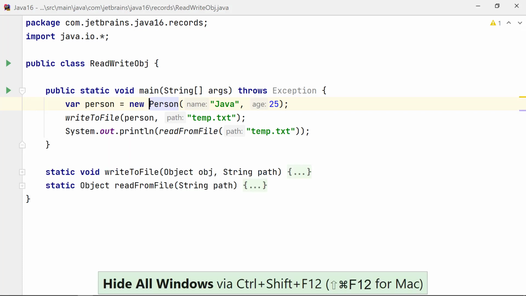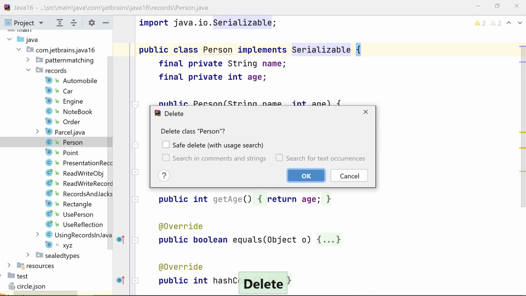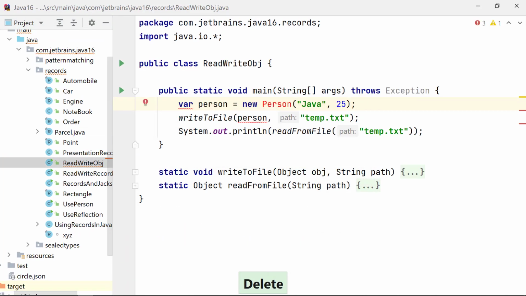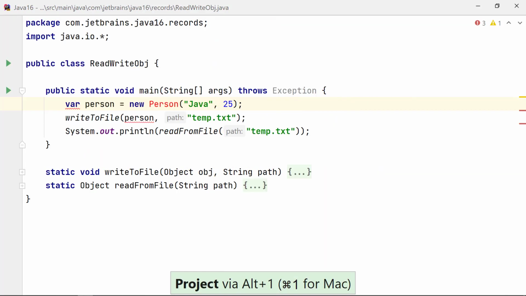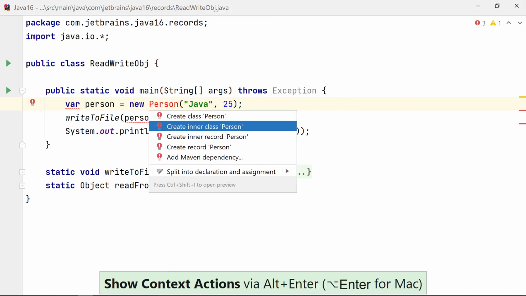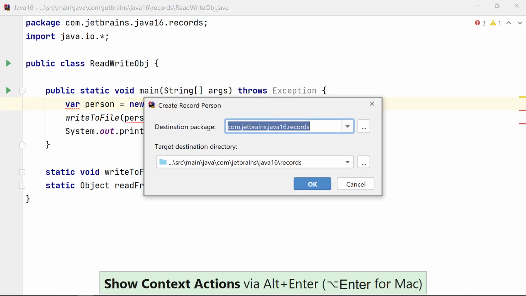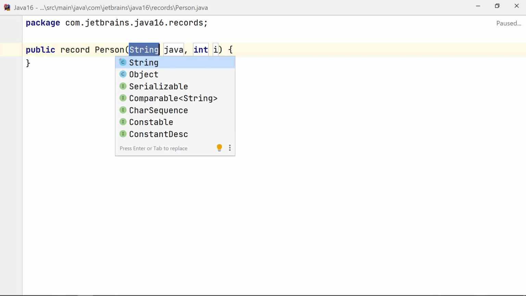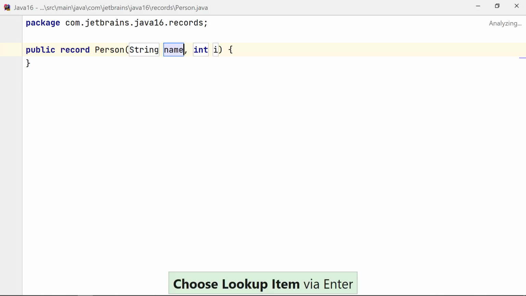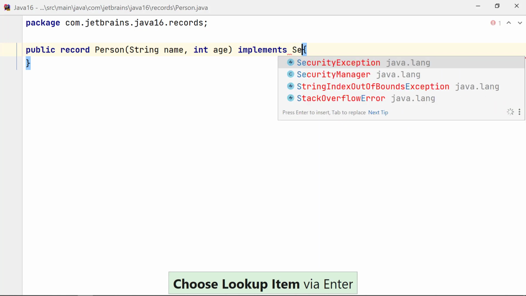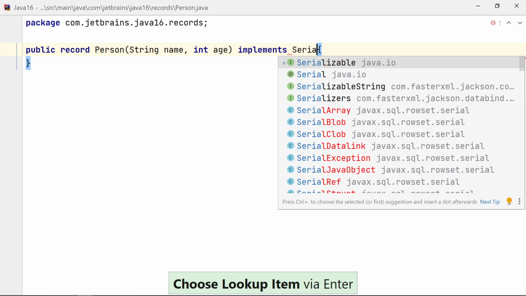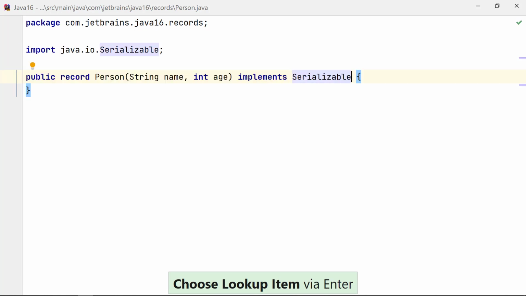Now, let me delete the class Person and create it as a record Person. Let me rename the components as name and age and make it implement the Serializable interface because I want to persist it to a file.